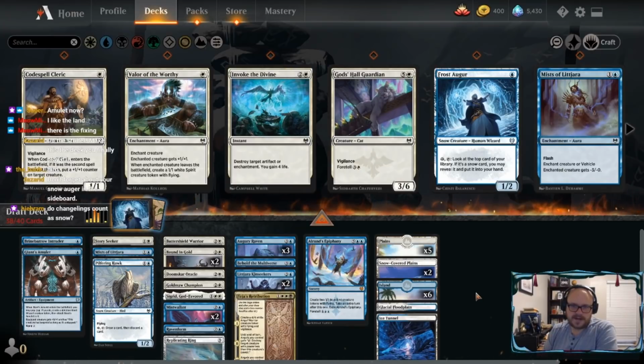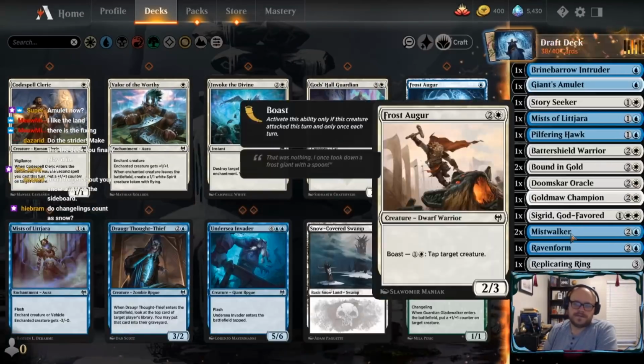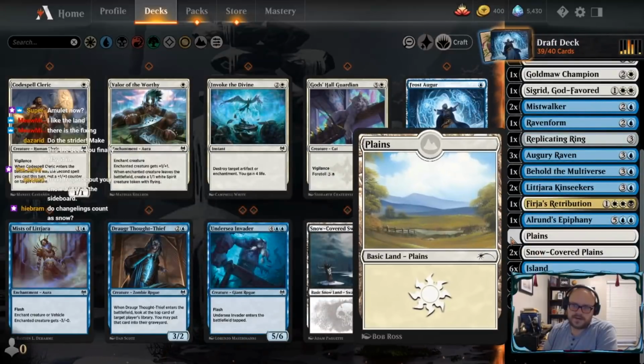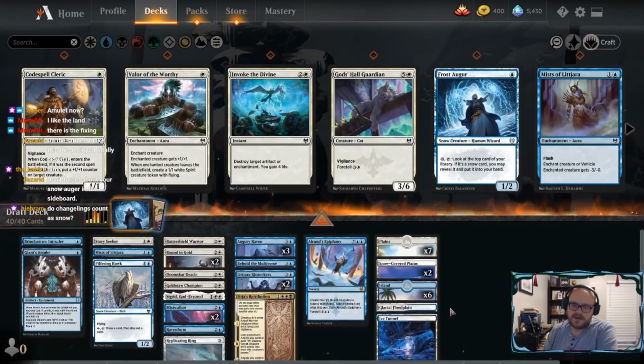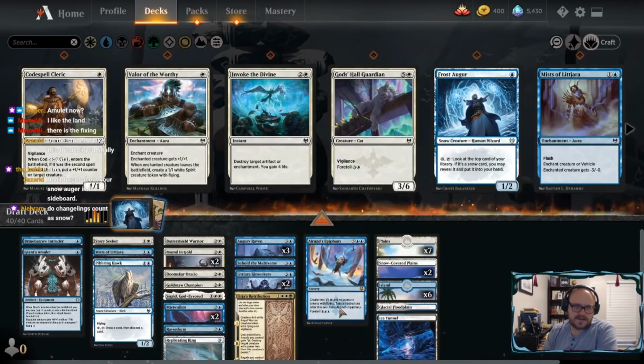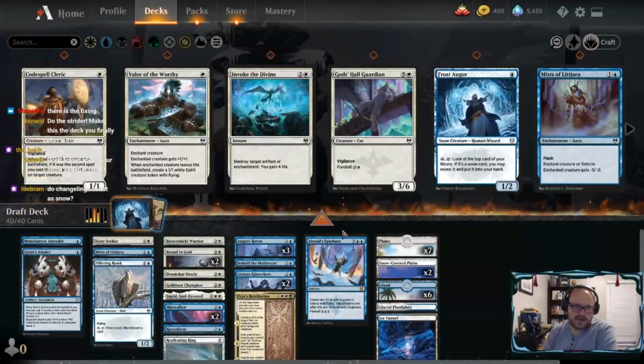Yeah, so I think we had an island and a plains here. Maybe just 2 plains, because... I think we go with 2 plains. That gives us 9 white sources and 8 blue ones. The reason I did that is because we don't have any double blue until late, and we have some double white that we'd like to be able to play early, so...